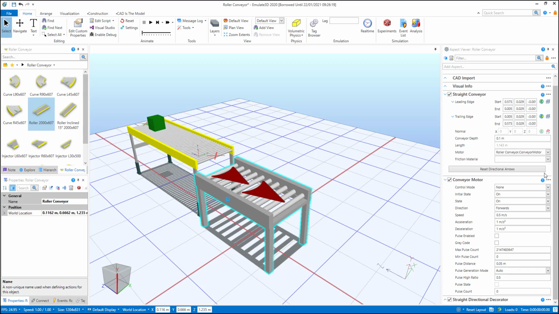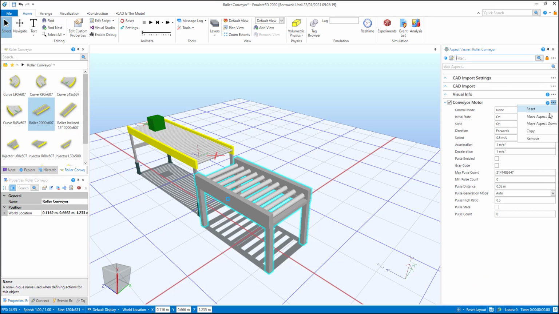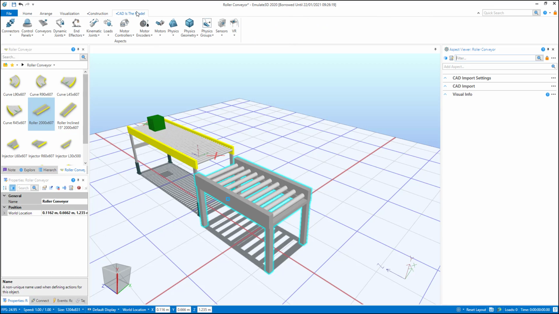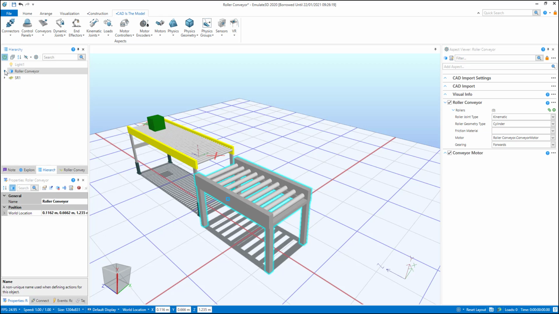Firstly, I'll delete the straight conveyor and the conveyor motor. Go to CAD as the model, and go to conveyors, roller conveyor. And the first thing we need to do is select all of the rollers that belong to this roller conveyor aspect. So if I look in the hierarchy and expand to the view,